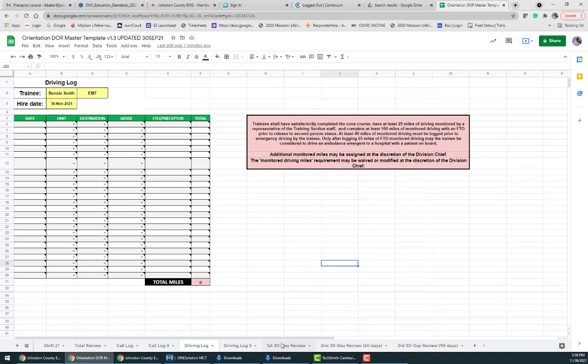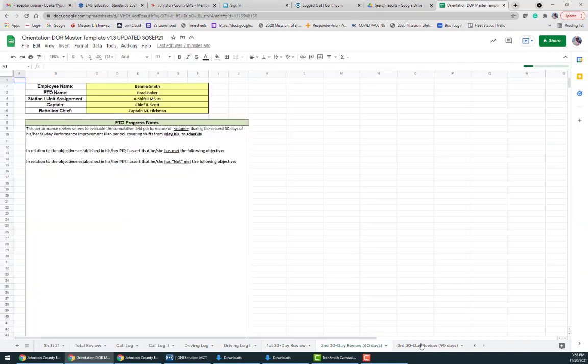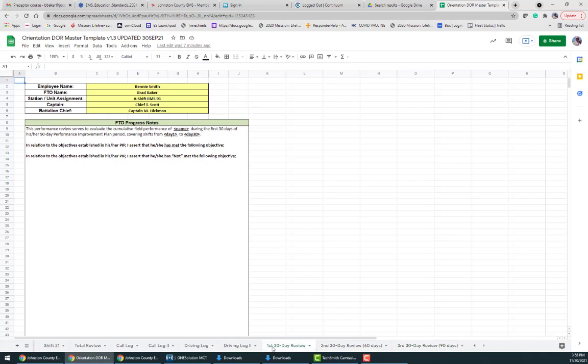Now, you'll see at the bottom a first 30-day review, second 30-day review, and third 30-day review. This is going to be very specific to a different type of plan that we have. We have this in here in the event that we've got somebody that is still making some twos and not completely meeting the standard, we'll say that this person, of course, needs more time. And what we'll do is we'll ask for a 30-day review to be topped up and just piece